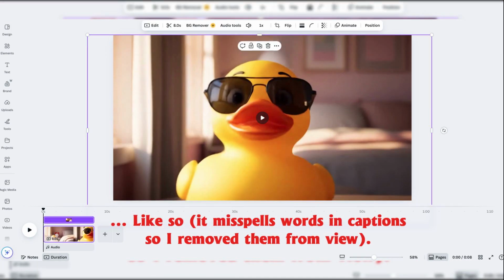So here's the view, and as you saw it misspelled the captions, so I just effectively zoomed in. I resized it so that the captions are out of view and saved it, and you can download it and do what you like with it and put it on social media or whatever. After that I'll show you the video shortly,